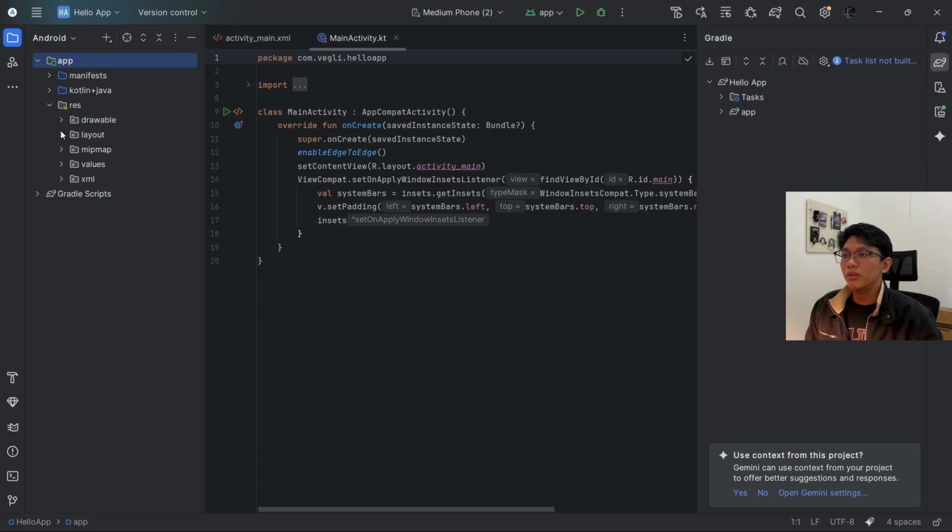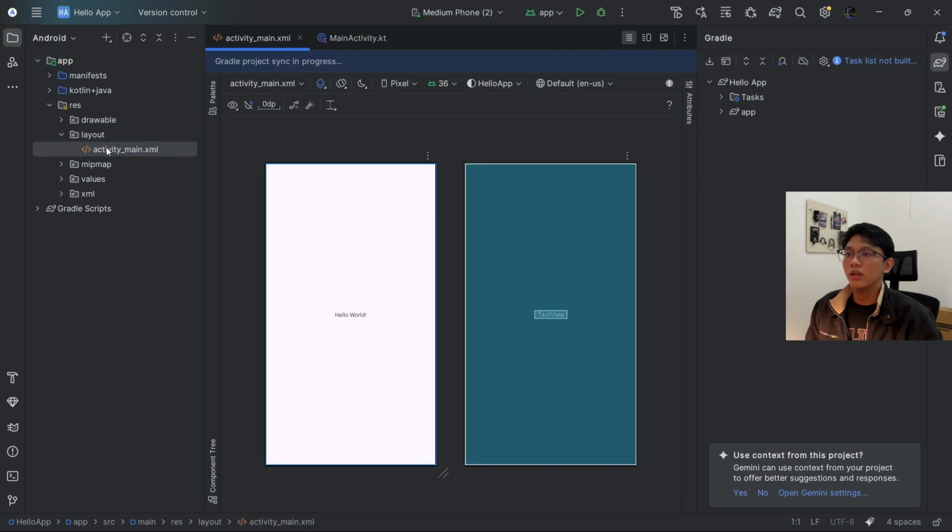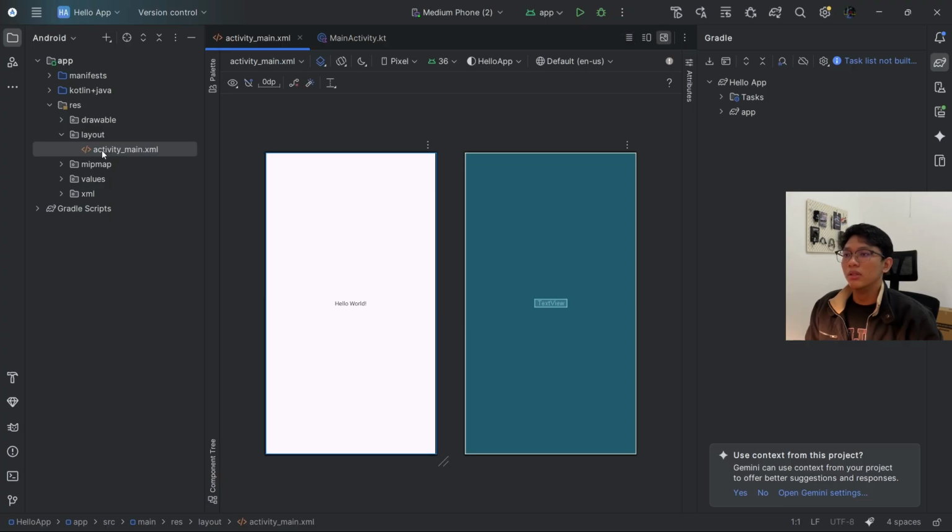Okay, we will use the res folder and go to layout. Here there is activity_main.xml. This file is a layout file that manages the user interface of the main page of the application. This file contains UI components such as text, buttons, and card view that are displayed to users.